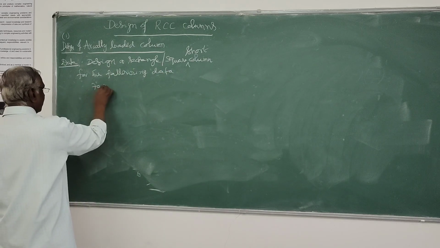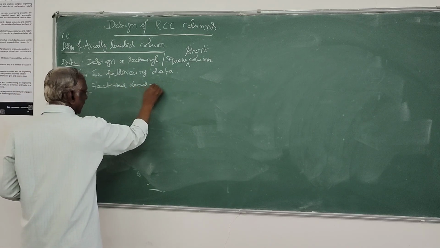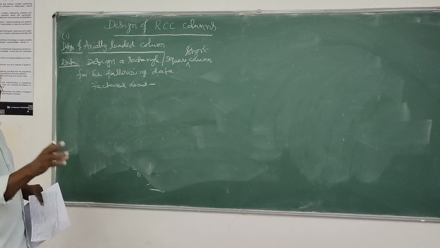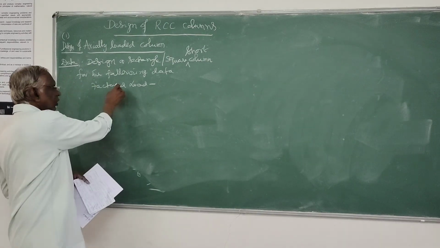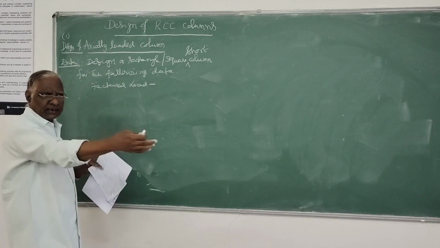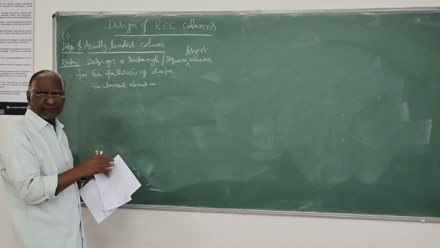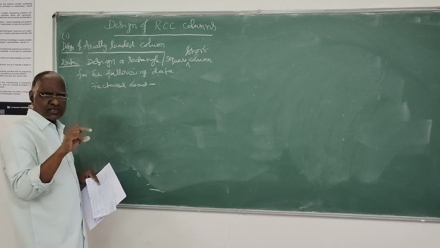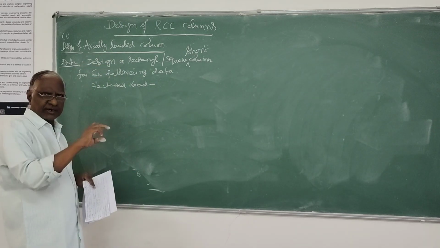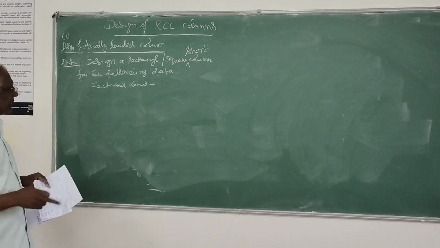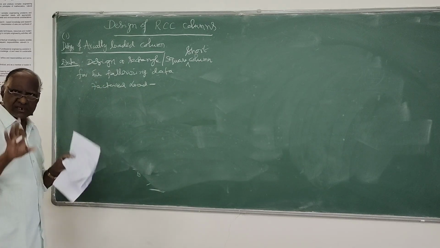First, factored load. This is another thing which you have to remember. Always, all notes, we are adopting limit state method of design for the design of columns. So load should be factored load. Generally we go for dead load and live load. For this dead load and live load combined, the factor of safety we use is 1.5. Whatever the service load is there, we have to multiply by 1.5. If this factored load is given in the problem, straight away I can use it. Otherwise service load is given.